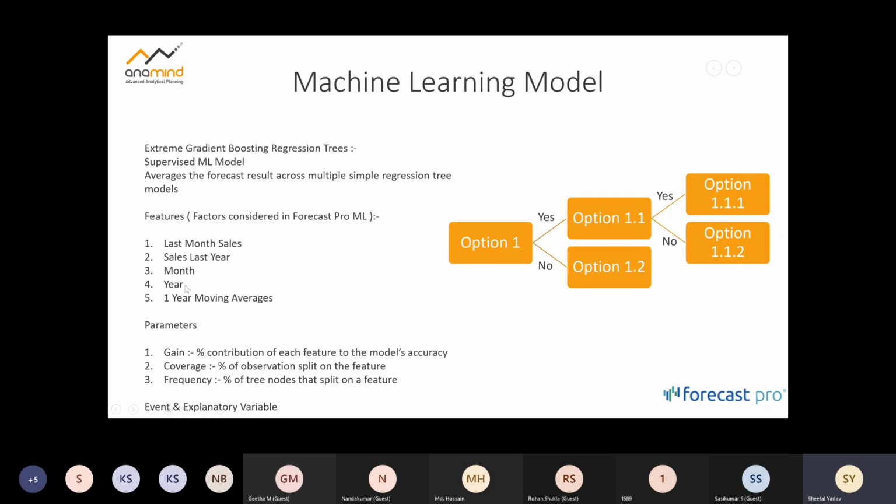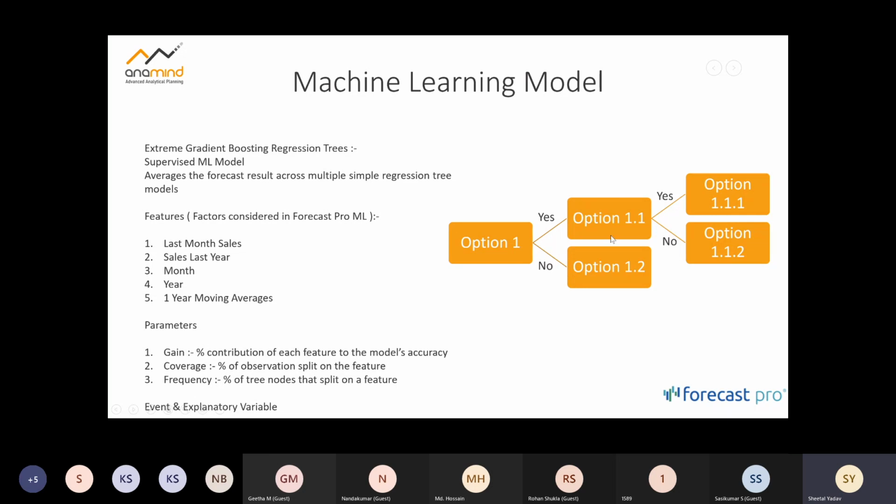So with the time series data, all of this information is easily available for this method to build trees. So what does it do? It takes into account, okay, which month are we in? Which month are we forecasting for? Are we forecasting for November? Then it will build a tree on that. So it will take, okay, yes or no. So just a simple approach could be, is the forecasting month greater than 6? If yes, then it will move to the next option. If it is no, then it will give some result.